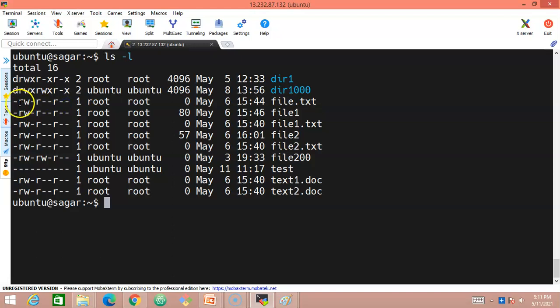We are able to see here we have some read and write permissions, and here we don't have the execute permission. The hyphen represents that we do not have the execute permission. Here we have only one permission, which is a read permission, and we don't have write and execute permissions. And here we have only read permission, and we do not have write and execute permissions. Now it's always important not just to understand that this file has these permissions. It's very important to understand how we can change these Linux file permissions.